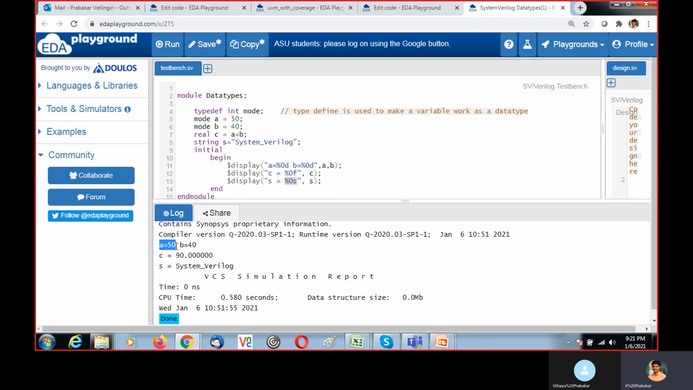See here, a value 50, b value 40, and c is displaying as floating, and s is the string value. This value I'm giving between the percentage and the base specifier, as here I mentioned 0. The meaning is that I'm giving no space between the value and the variable: a equal to, without space, I am displaying the value 50. If I remove this,